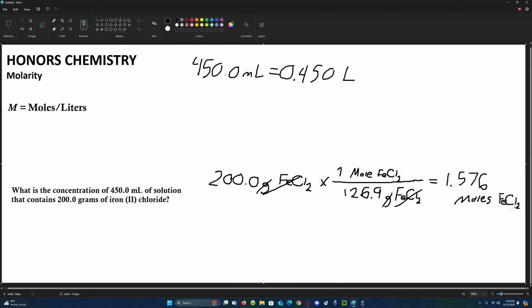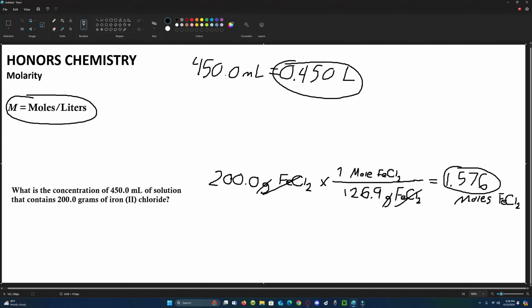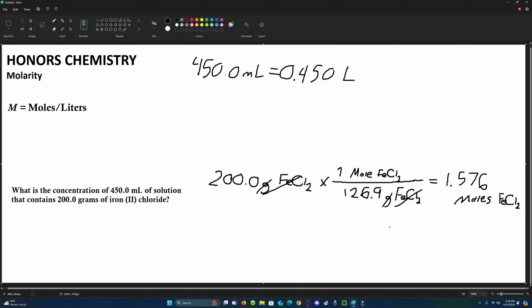And now that we have this, we can just implement this and this into this equation. So we'd have 1.576 over 0.450, and that equals 3.50